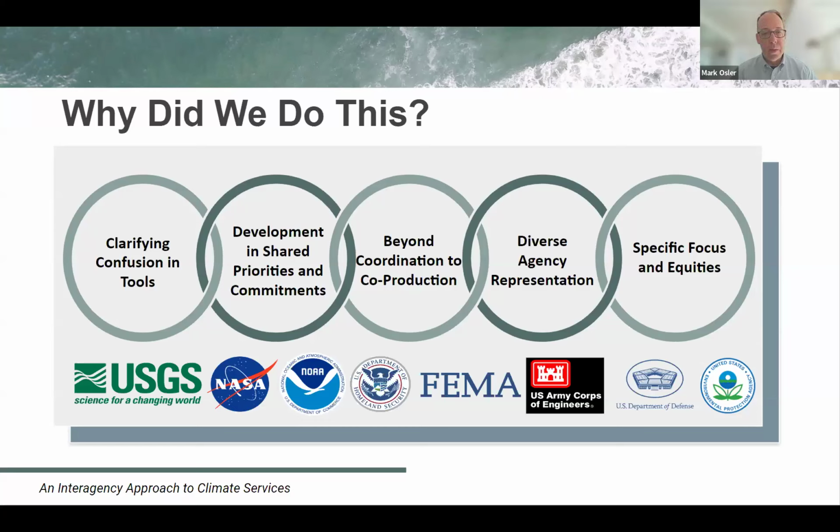The part I'm most excited about is that central circle. It is an important evolution for the federal government and all of the contributors on a complex topic like this to find ways to transcend coordination, where you and I are simply helping each other stay abreast of what we're doing because we know it relates and hopefully it connects, and gosh, I'm going to cheer for you as long as you cheer for me, and all of those exciting coordination efforts that have been going on for a long time. It is important in the face of the pace of change and the impact of the change at the